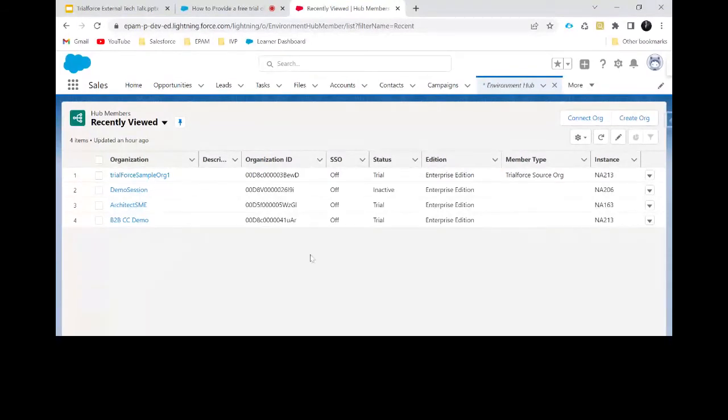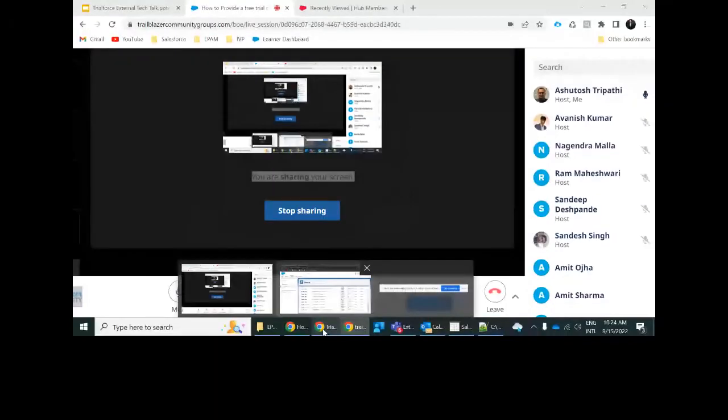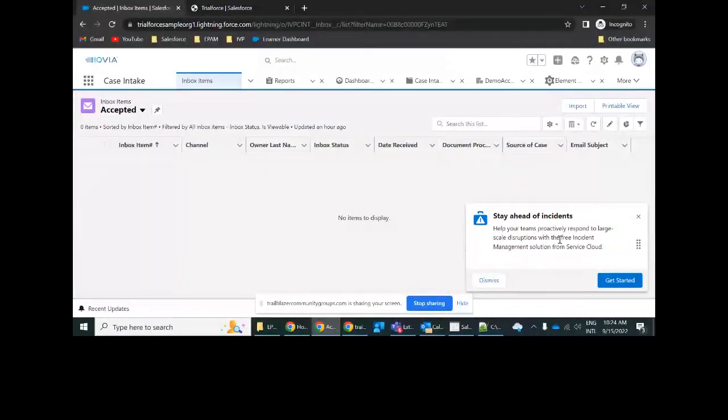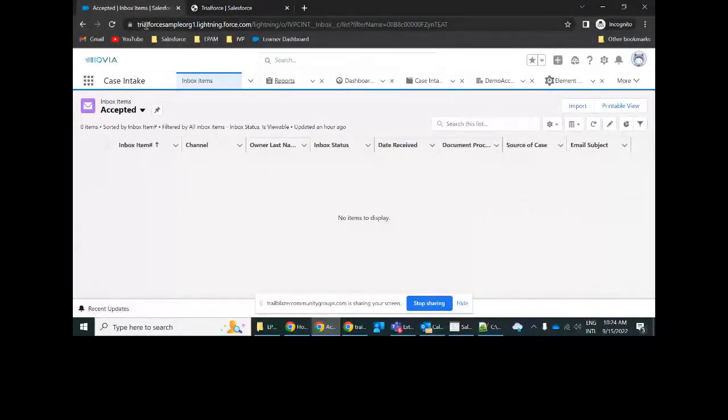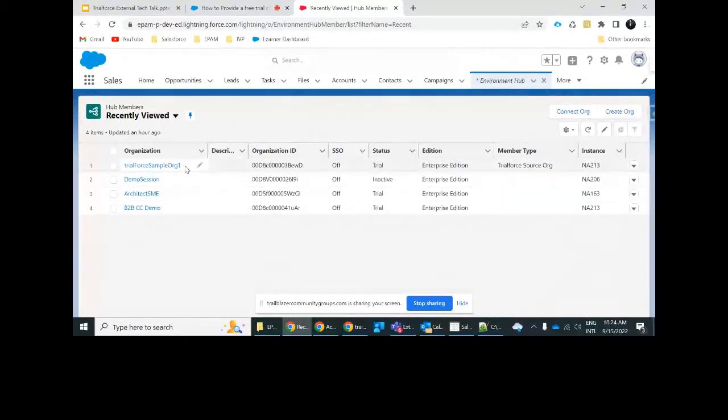Now let me show you the whole screen. One second. Now you can see the whole screen, I guess. So I logged in to this Trialforce Sample Org One, which you have seen here in this Environment Hub.